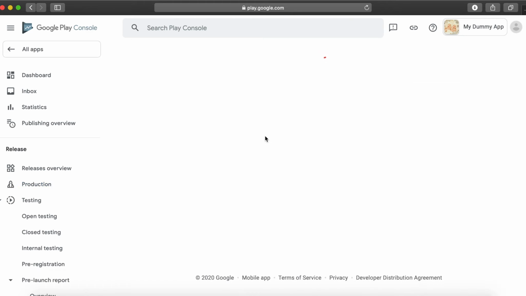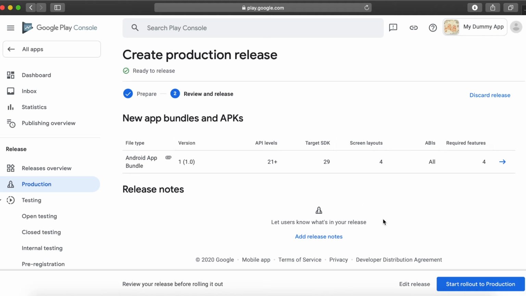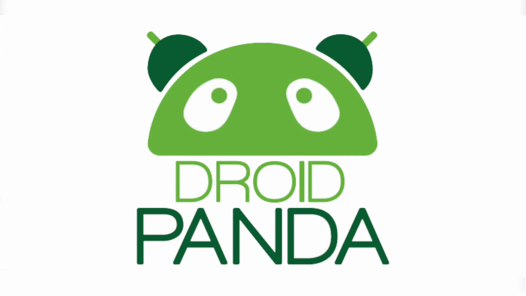Finally, after review release, click on Start Rollout to Production. And we are good to go. Congratulations, you have just released your app.